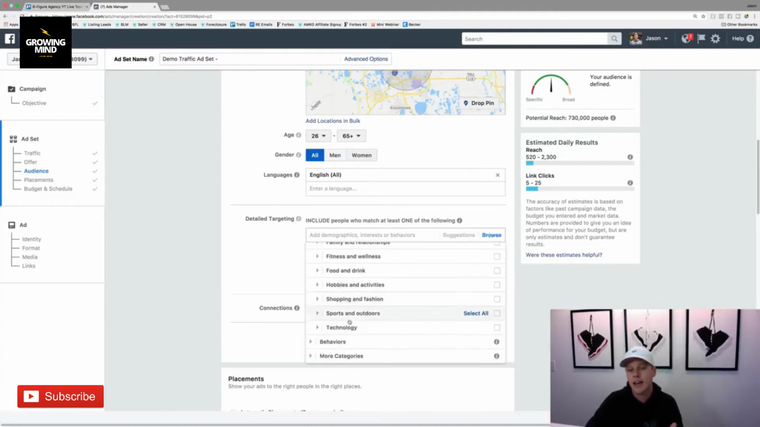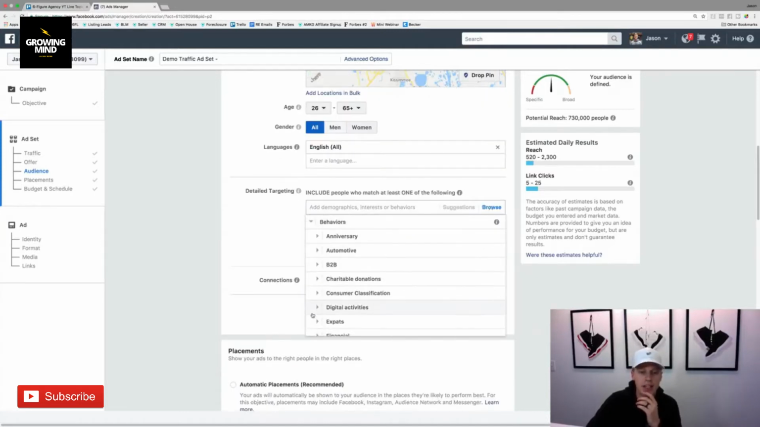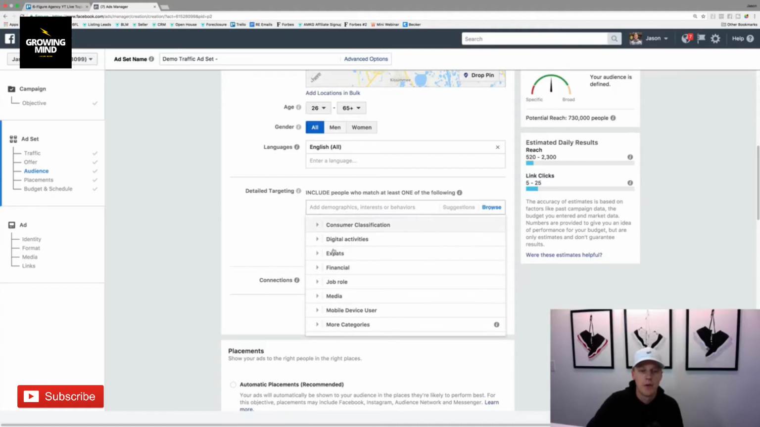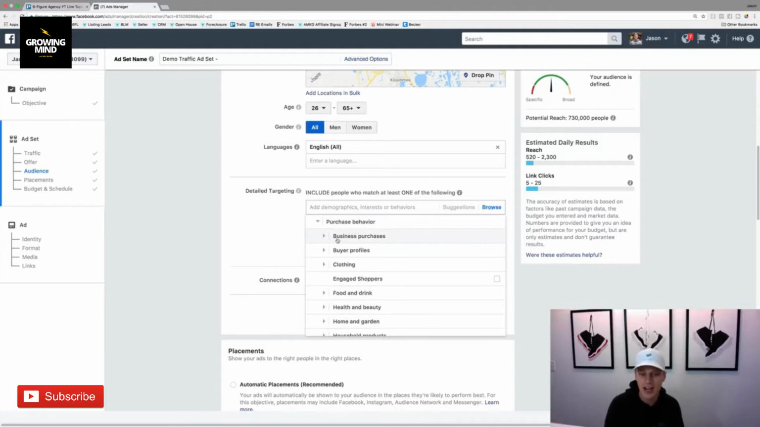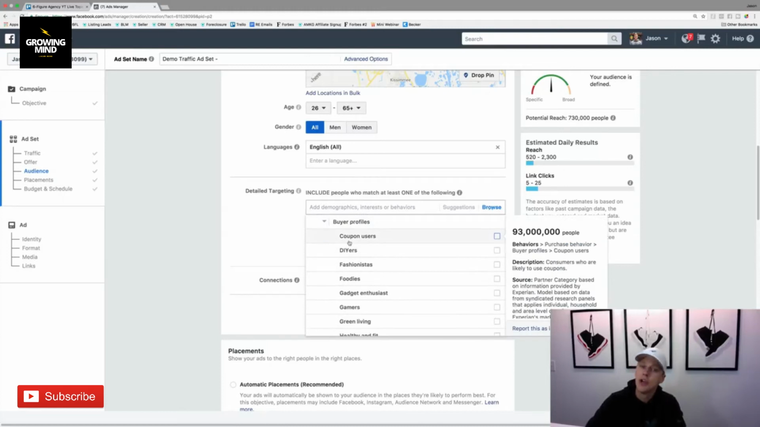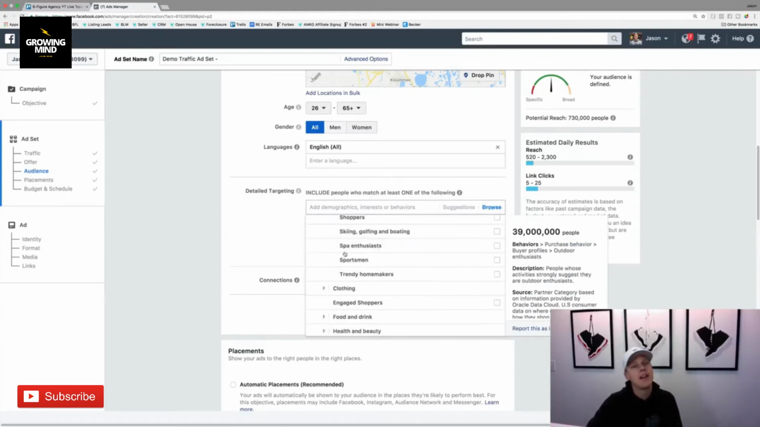You see, okay, there's one where, let me find this. Oh, behaviors, I think it is. Okay, where it talks about people's purchase behavior, right? This right here. So people that are more likely to make big purchases online, if you're doing e-commerce type stuff. See these buyer profiles, coupon users. It's crazy how much data Facebook has, because Facebook not